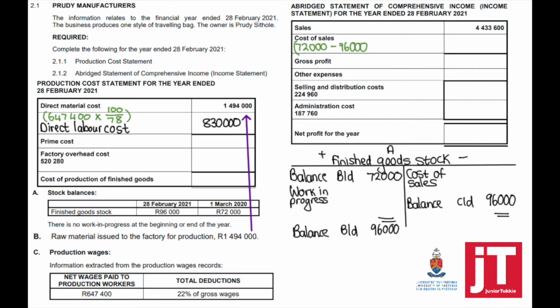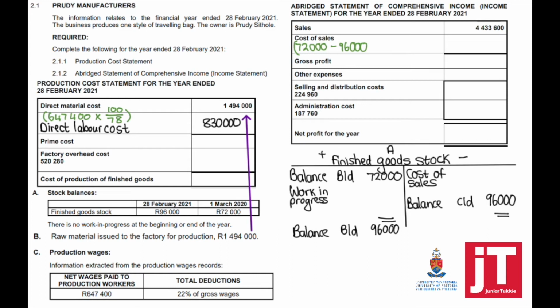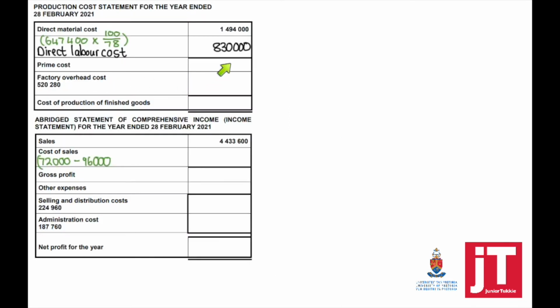If 22% was deducted for deductions, it means that the net is then equal to 78%. So to calculate the gross, you need to take the net times 100 divided by 78. And that will equal the total